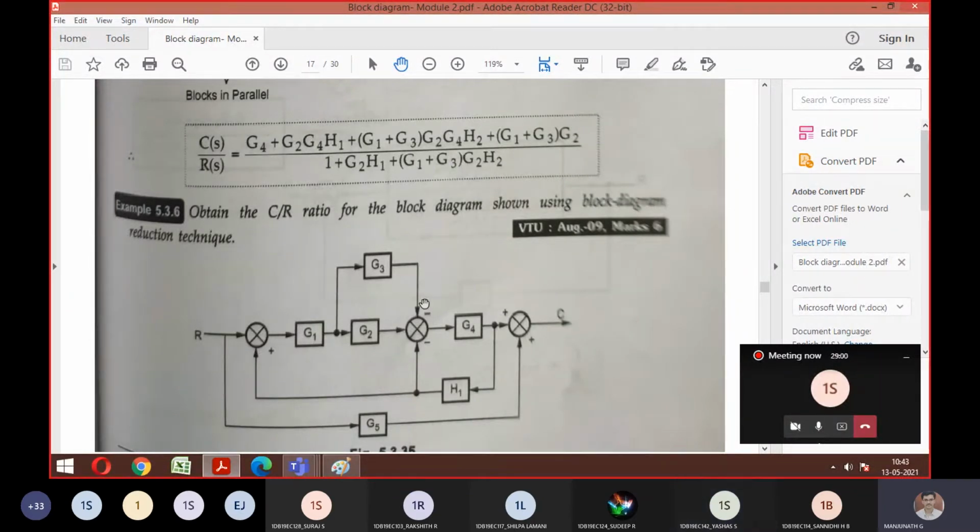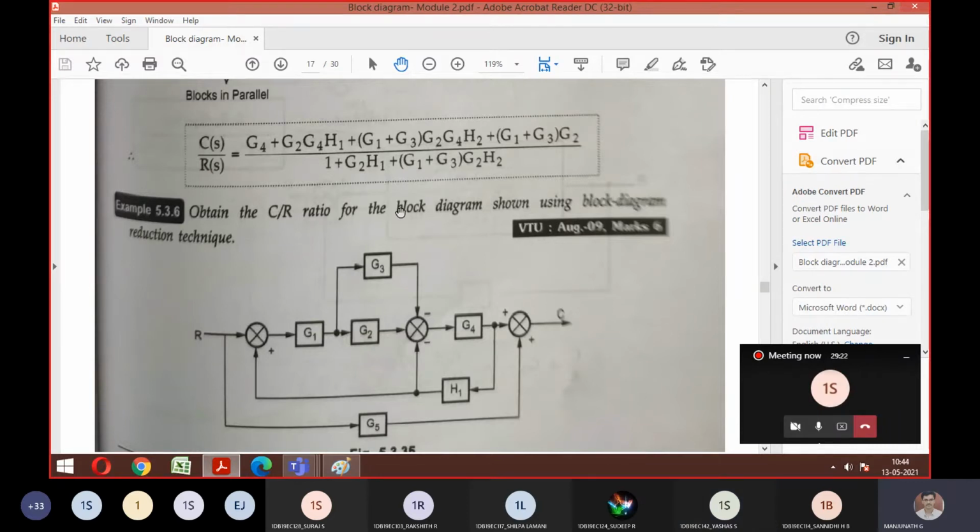Then you can make this, what I'm moving the cursor, that is going to be one feedback path. So G4 H1 this summing point you can eliminate, and that answer is going to be cascade with this block. Then again that combination is going to be elimination. Then last is parallel. Is it okay? Yes, sir. Finish up this problem.